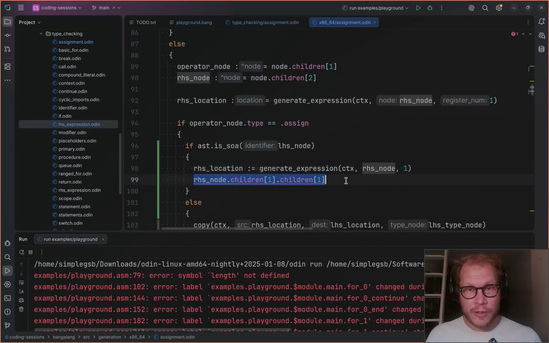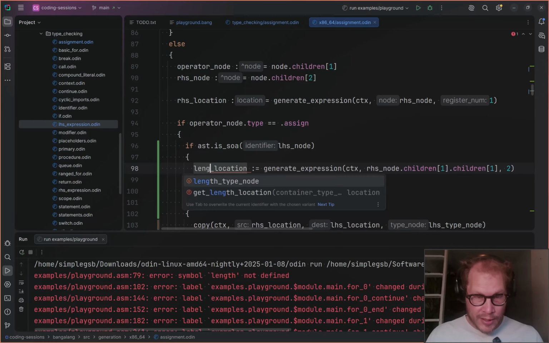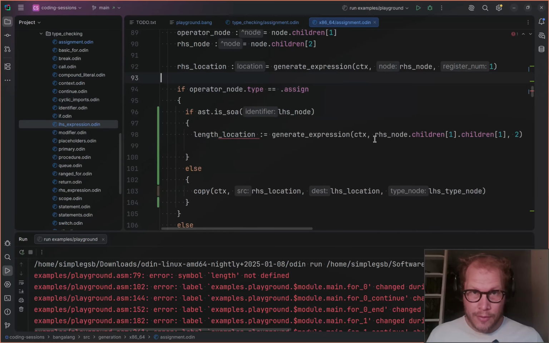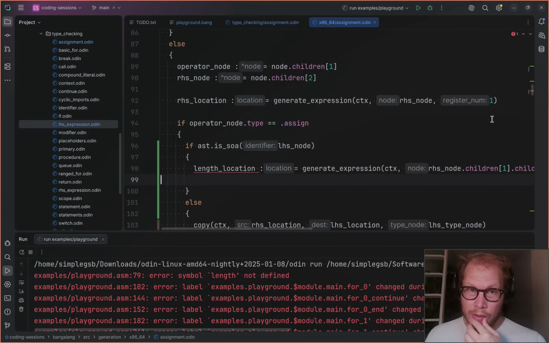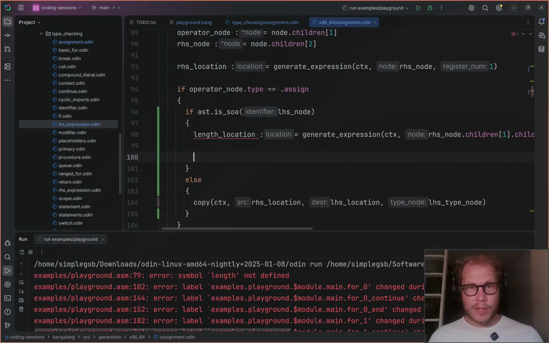So I guess we would generate that expression into register 2. And we'll call that the length location. I sure hope that's right. Do we already have a length location? Oh, no, it's just not used yet. And then, now that we have this length location, I think we can say